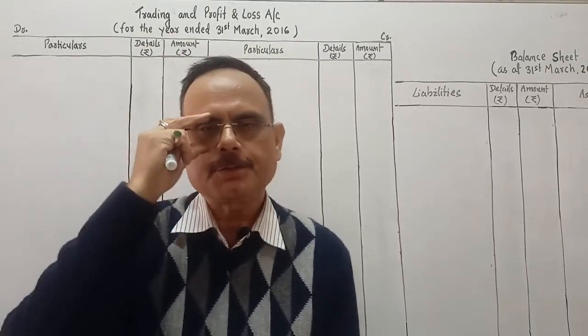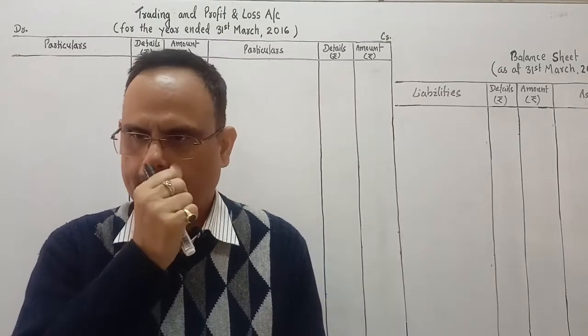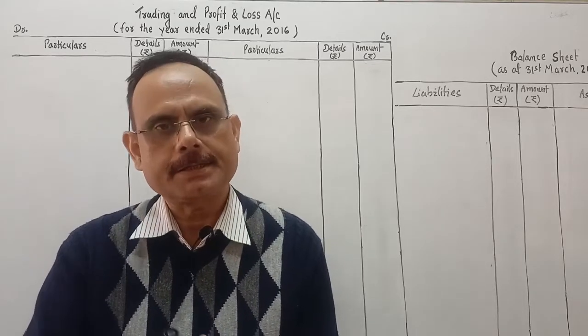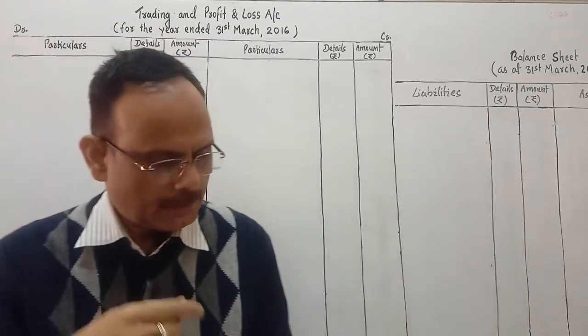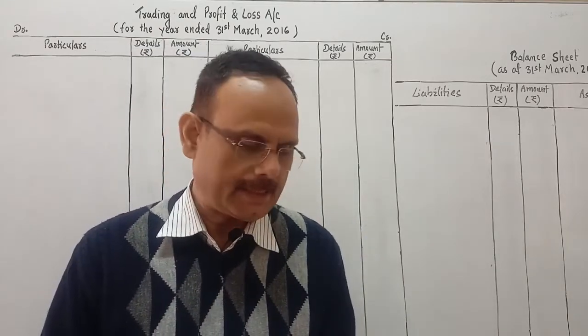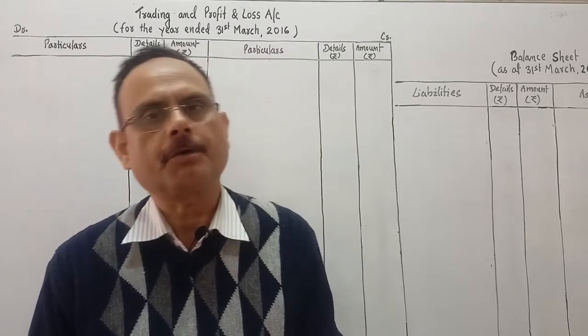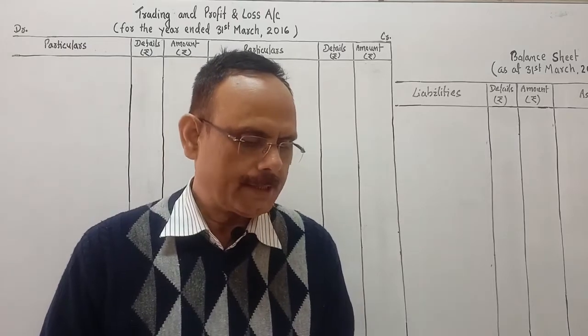Now come to the next question based on adjustment of financial statement. Here the trial balance is given in this question and certain adjustment is given. On the basis of those adjustments and information given in the trial balance, we will prepare the trading and profit and loss account and balance sheet. So the question is,